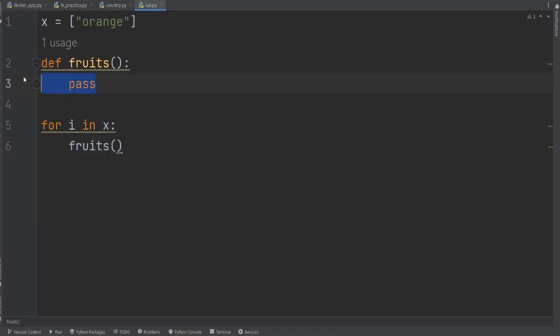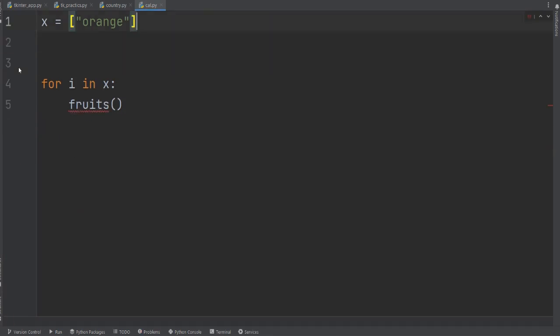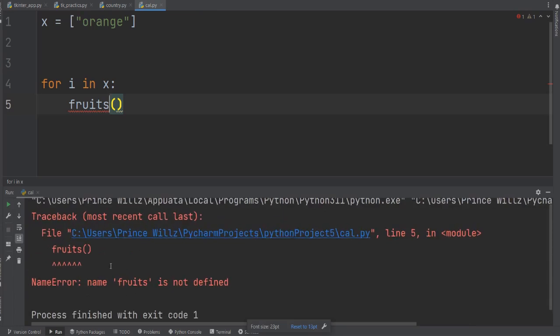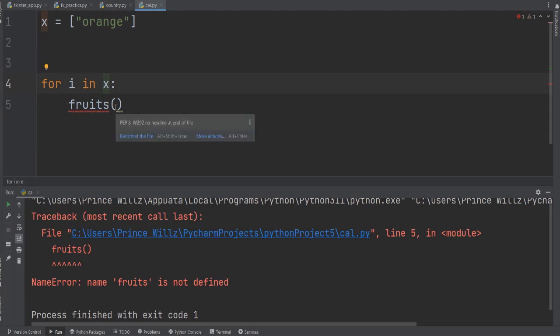So if I remove this pass statement now, it raises an error. If I also remove the function name, I cannot call a function that does not exist. You can see here, it shows a red line. If I run this like this, it gives me an error. It says name fruits is not defined, which means this name here is not defined. So to overlook this error, maybe I don't really know what will be in this function called fruits, or I'm not ready to write the